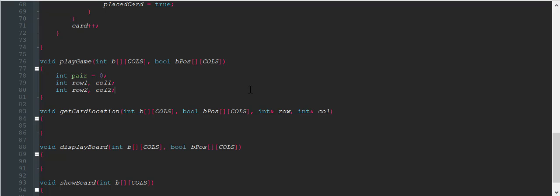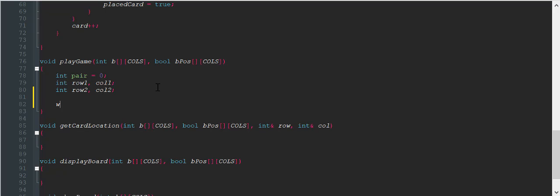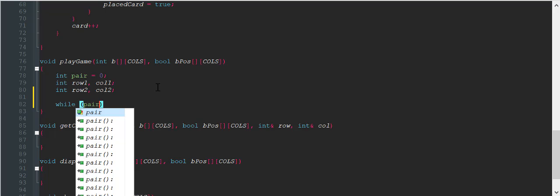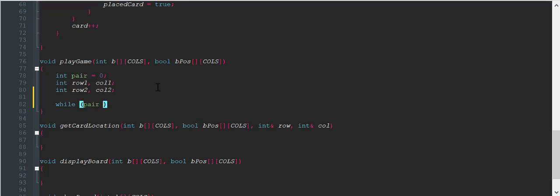Okay, now after you're done writing these variables, then you can enter and write in while pair is not equal to number of